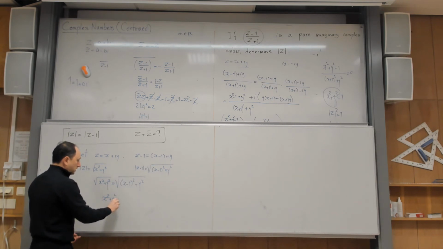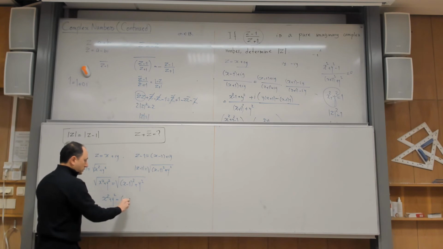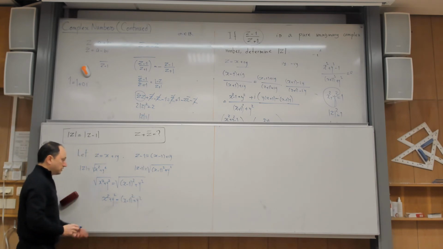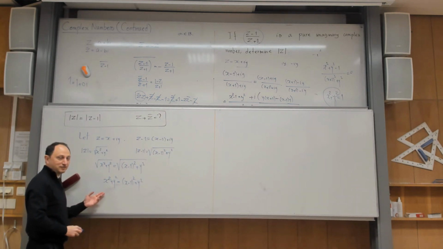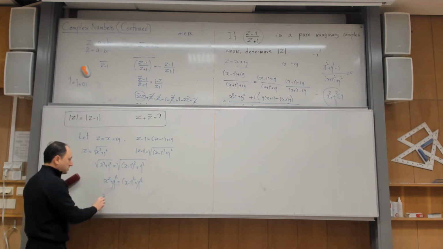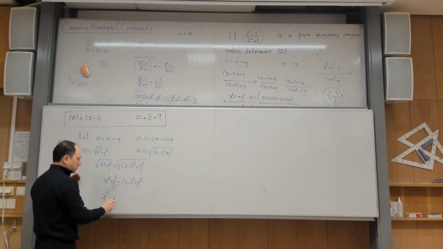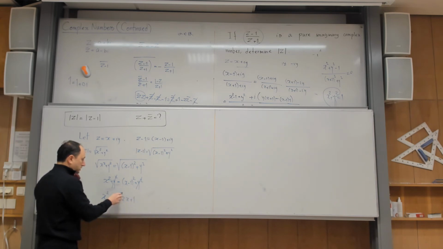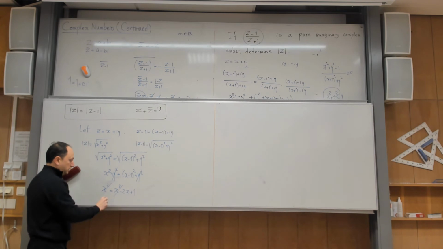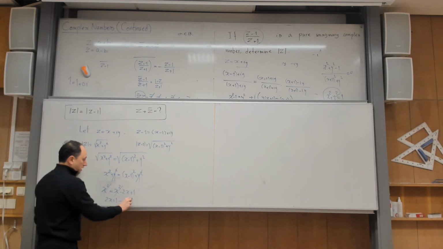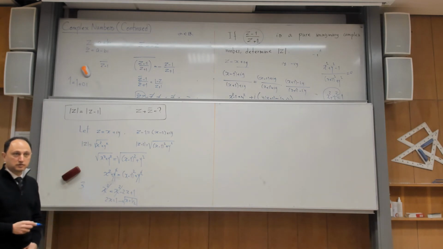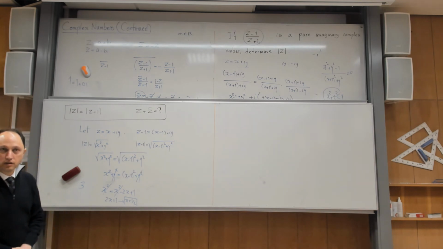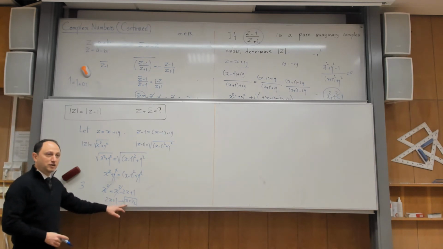So far so good. Let me just do it step by step, which I don't like that much, but anyway. So then what should I do? What's the natural step to do? Everyone, just say it. y squared is cancelled, yes? And then I have x squared is equal to, I raise it to power 2. And then what is cancelled now? And then I bring it to the other side. x is 1/2. Okay? So if there are 3 points up to here, you have already got 2 points. So what is the last part? I don't know how many of you could get this correctly. x is equal to 1/2. Okay, that's very good.